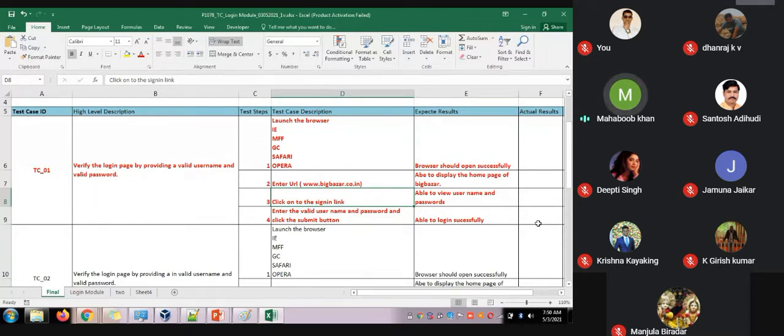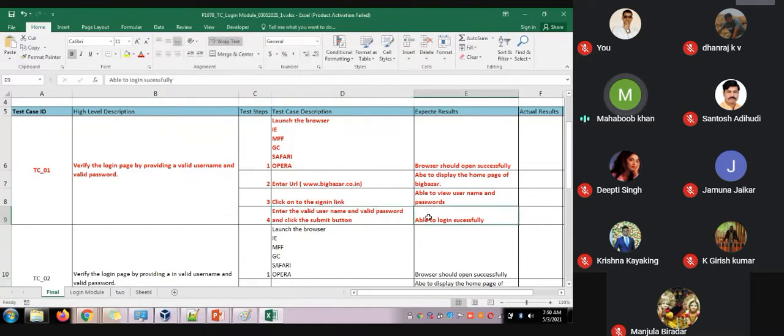Able to view the username password. So you can able to view the username password. Enter a valid username and password. Enter a valid username and invalid password. Imagine here both are valid. Valid username and valid password, and click submit button.